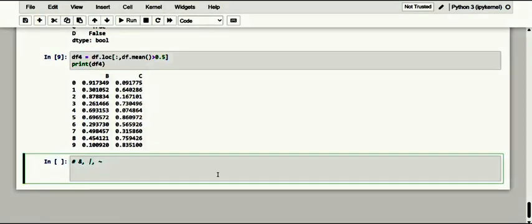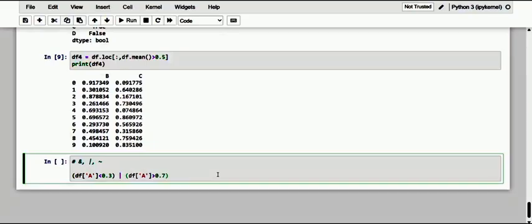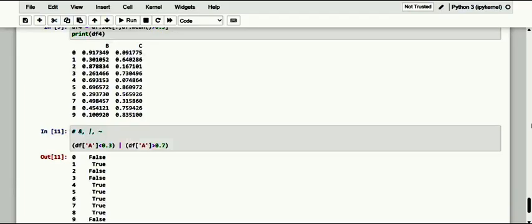So let me just make one condition, from the one single column, that is A, and I just want to fetch values which are greater than 0.3. So this is one condition. And the second condition, on the same column, should be greater than 0.7, anything. Okay, so it should be less than 0 or so. Now I just want to make it a combination of both. So kindly observe, I'm going to make it with any one of the conditions if it is satisfied. Dear friends, kindly observe how it would be, applying it on the indices.